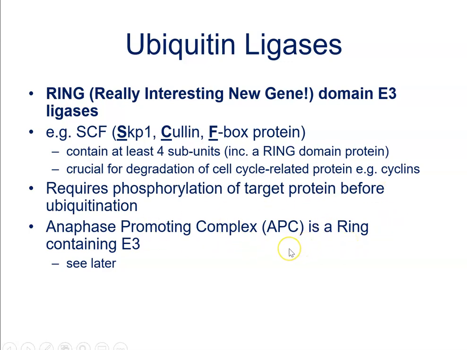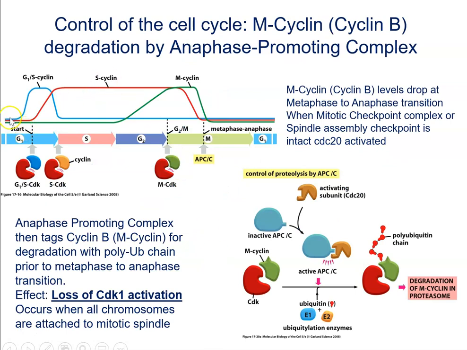So the Anaphase-Promoting Complex is crucial for the degradation of Cyclin B between metaphase and anaphase, for the metaphase to anaphase transition. This slide just reminds you about the presence of cyclins and cyclin-dependent kinases in control of the cell cycle, and this is utterly dependent upon the RING family of ubiquitin ligases to control and orchestrate all of these cyclins at the right stage of the cell cycle. So in G1 we have the G1/S-Cyclin, which is Cyclin E, then Cyclin A, which is the S-Cyclin, and Cyclin B, which is the M-Cyclin. As you can see, at each step the cyclins suddenly decrease in amount within the cell,